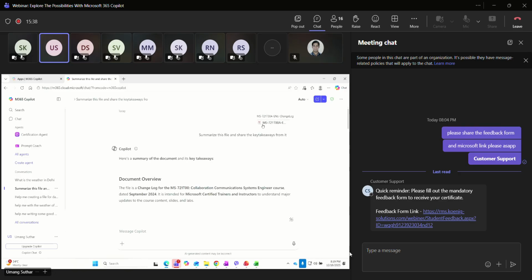So I shared one file with the Copilot. Will this file be used to train the large language models? This was the file saved on my desktop, and I shared it with the Copilot. So will it be used to train the large language models? The answer is no. Because on the top right corner, you see this shield icon which says enterprise data protection